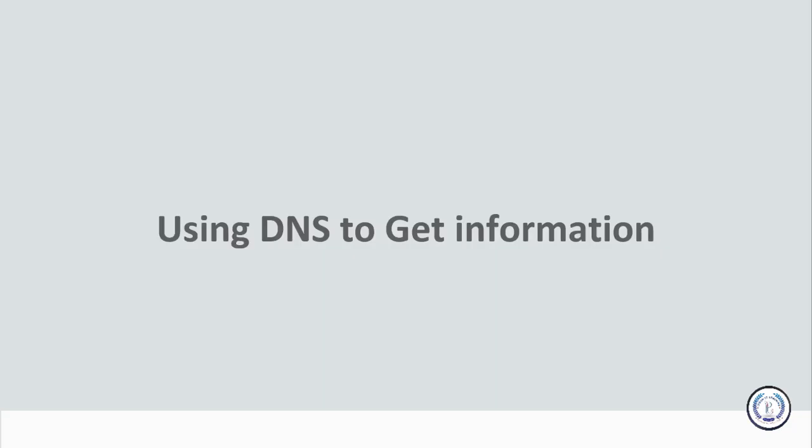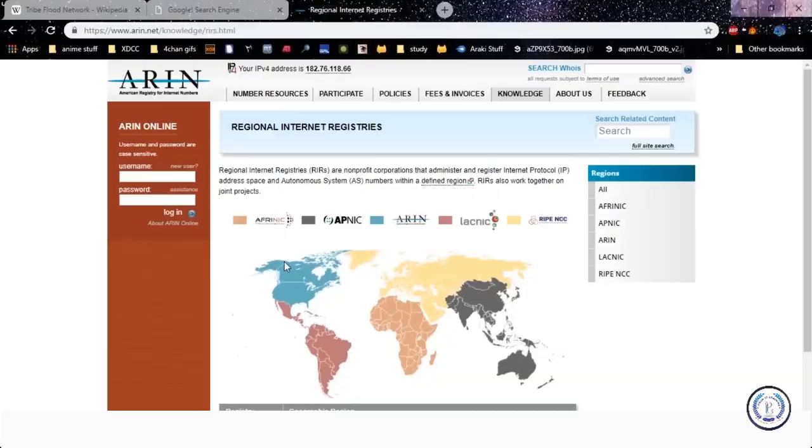Now, we're going to be going over a tool called Whois, a utility that is used to query the various regional internet registries that store information about domain names and IP addresses. Let me show you all the internet registries that are there. I have arin.net open here, and these are the internet registries that provide for the ISPs and look over the internet as a whole.